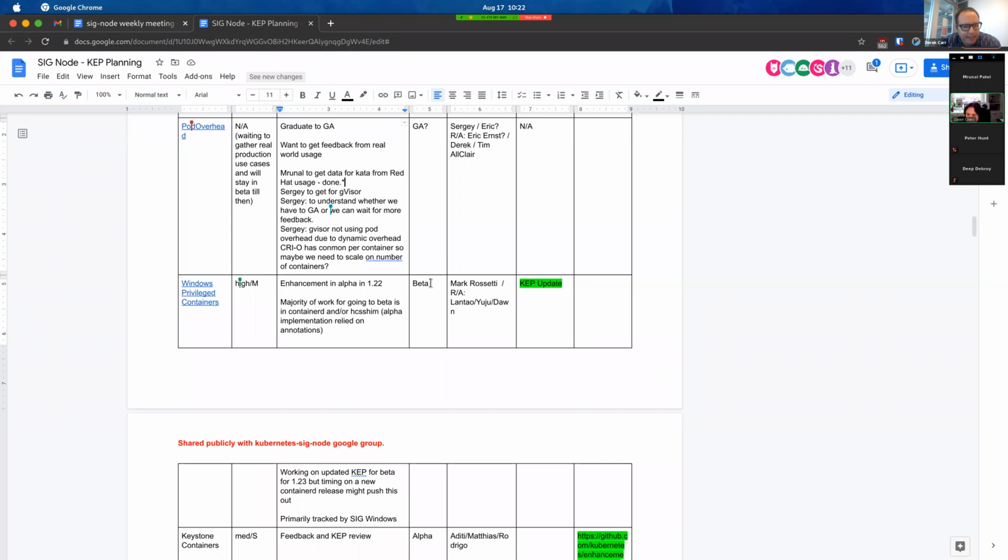Pod overhead went beta in 1.18, but I would rather move forward with graduating in its present capability than be stuck in a perma-beta status. So I'm trying to find the SIG-Arch KEP on perma-beta, but we should make sure that by delaying this we're not at risk from this KEP that I placed in the